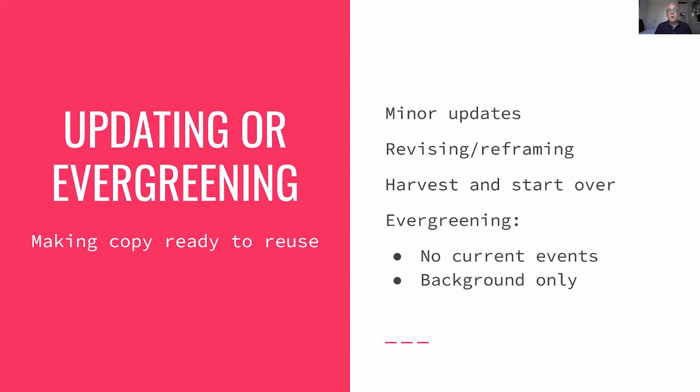The third option is to do what we call evergreening the piece. At least in US journalism, an evergreen story is one that's written without reference to recent or topical events, so it can be used almost any time. In contrast to our quick take on Bitcoin, our page on blockchain has stayed pretty much the same for the last several years.